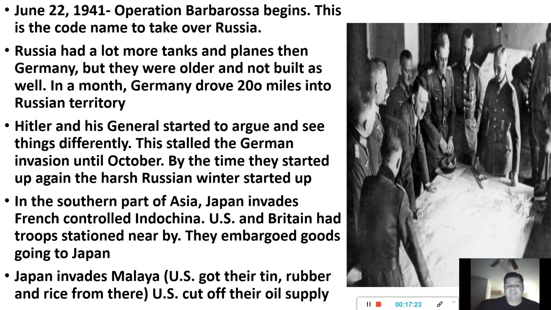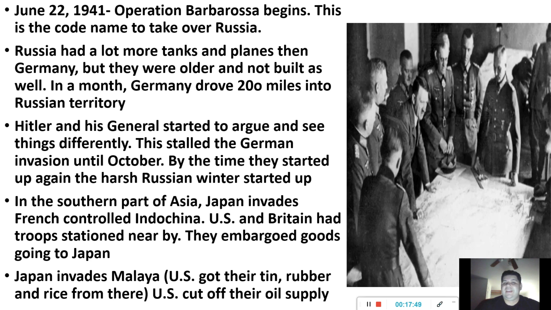Malaya is where the United States gets our tin, rubber, and rice from. So because they invade that area, now the price of our tin, rubber, and rice is going to go high, and we're not going to get as much out of there because again, now Japan owns it. So we slap them, they slap us,